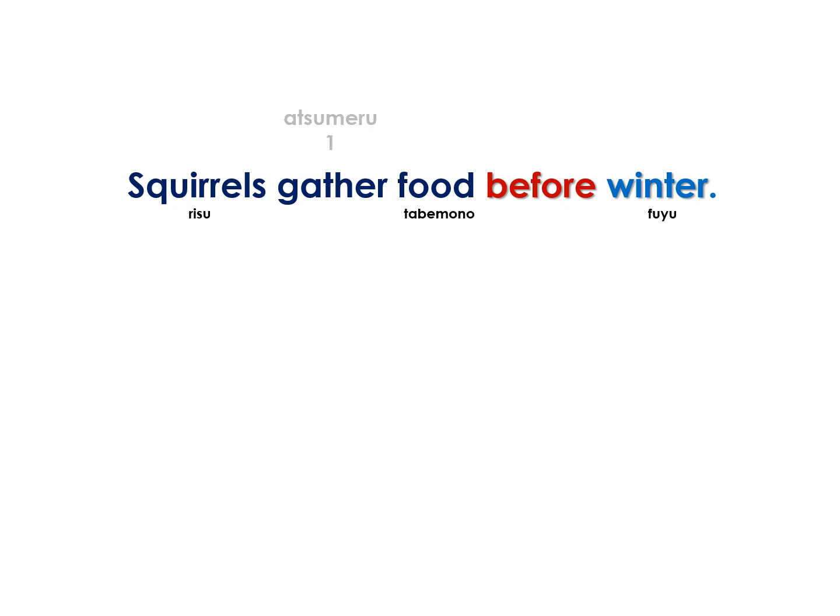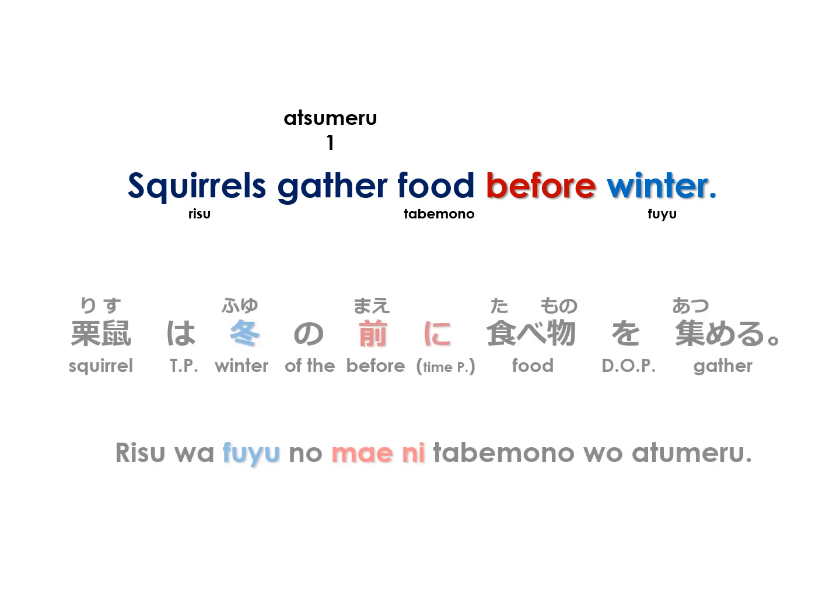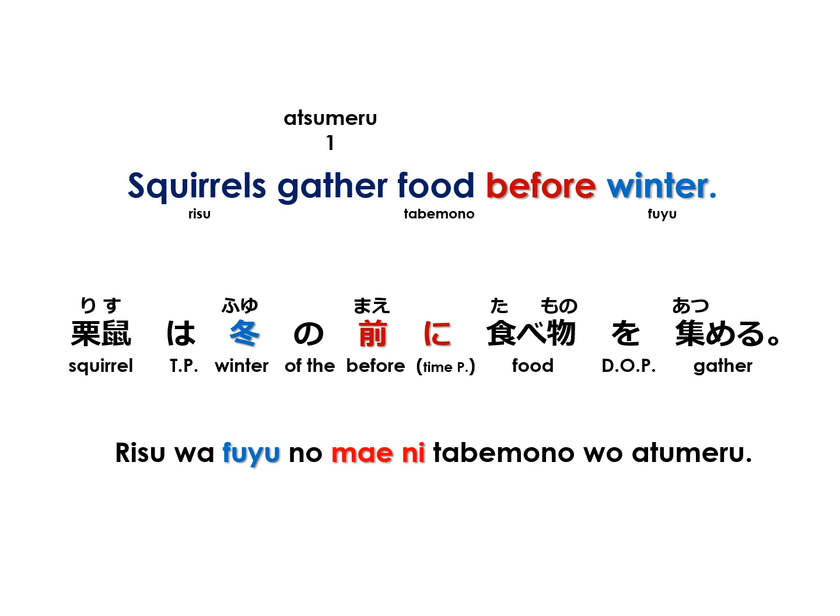To gather is 集める, a category 1 verb. In Japanese, リスは冬の前に食べ物を集める。